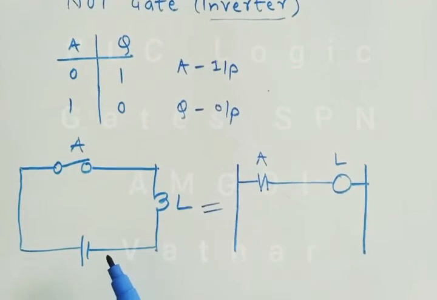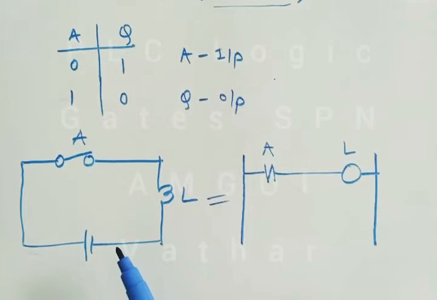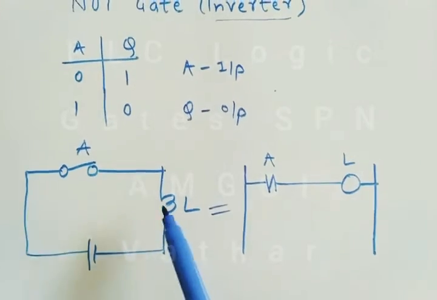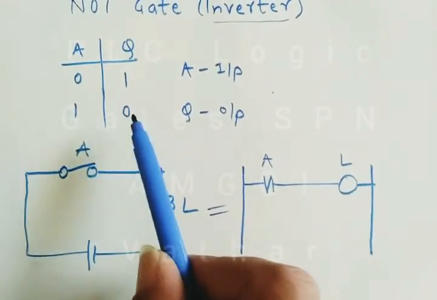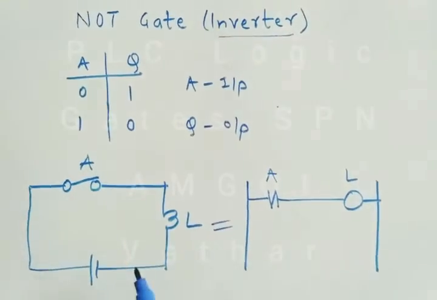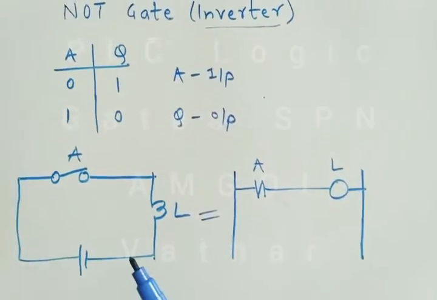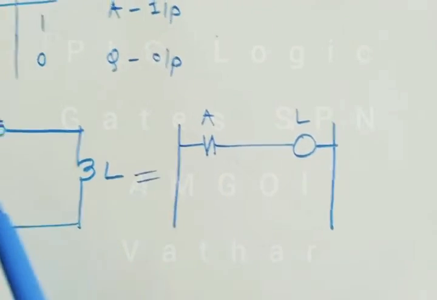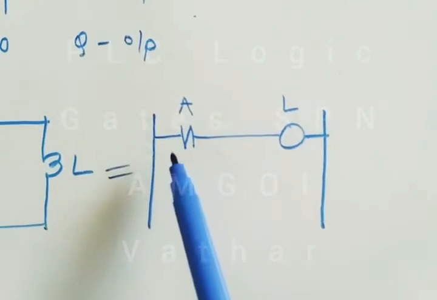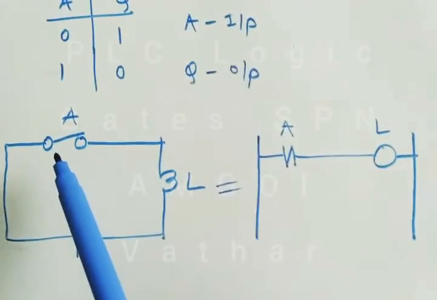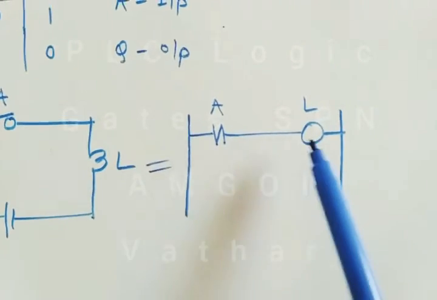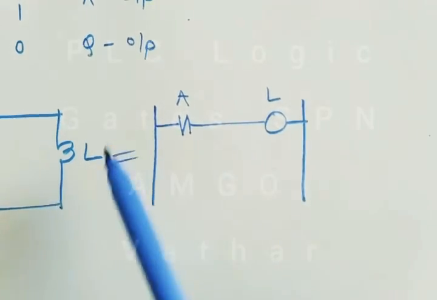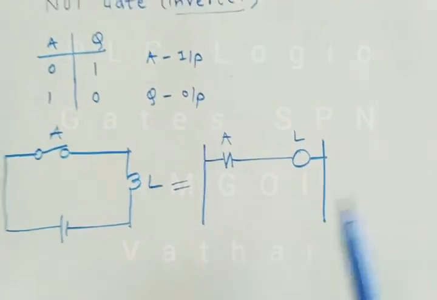This switch is similar to the emergency switch on the machines. When we press the emergency switch, the machine stops. That is, when we give the input, the machine stops. The output becomes 0. When no input is given, the output is available. In the ladder diagram, a normally closed switch symbol is used to represent the switch A here in the NOT gate, and it is connected to the output L or a lamp. This ladder diagram represents the NOT gate.